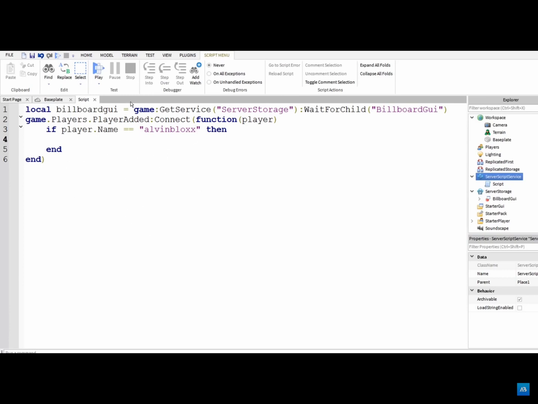and so if I have joined the game, then I'm going to want to create a clone of that billboard GUI in server storage, and I want to put it in my head. So to do this, we're going to say local clonedGUI equals billboardGUI:Clone(). We're just getting the billboard GUI, which we defined as a variable earlier, and we're cloning it. So we then need to drop a line,